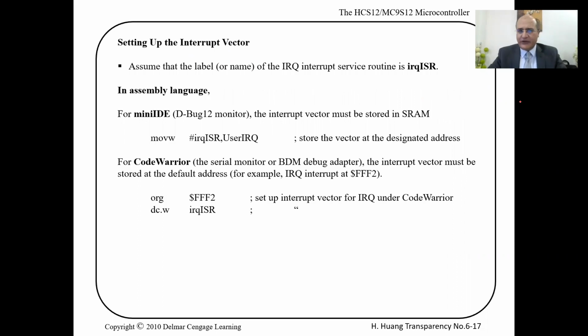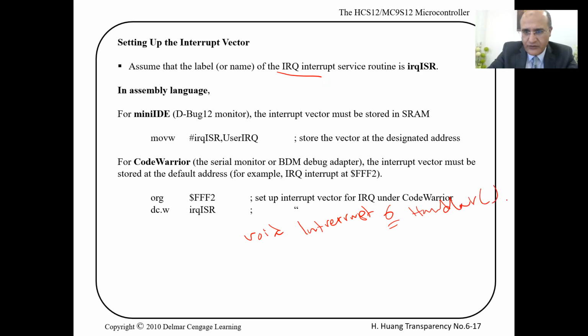Okay, setting the interrupt vector. Last time, when we wrote the IRQ interrupt service routine, you remember what we did, right? We wrote this void interrupt 6 handler, right? And we wrote our interrupt service routine, right? And we did not write in C a return from interrupt, because just closing the brackets will do the return from interrupt. While if you want to do the IRQ interrupt in assembly,